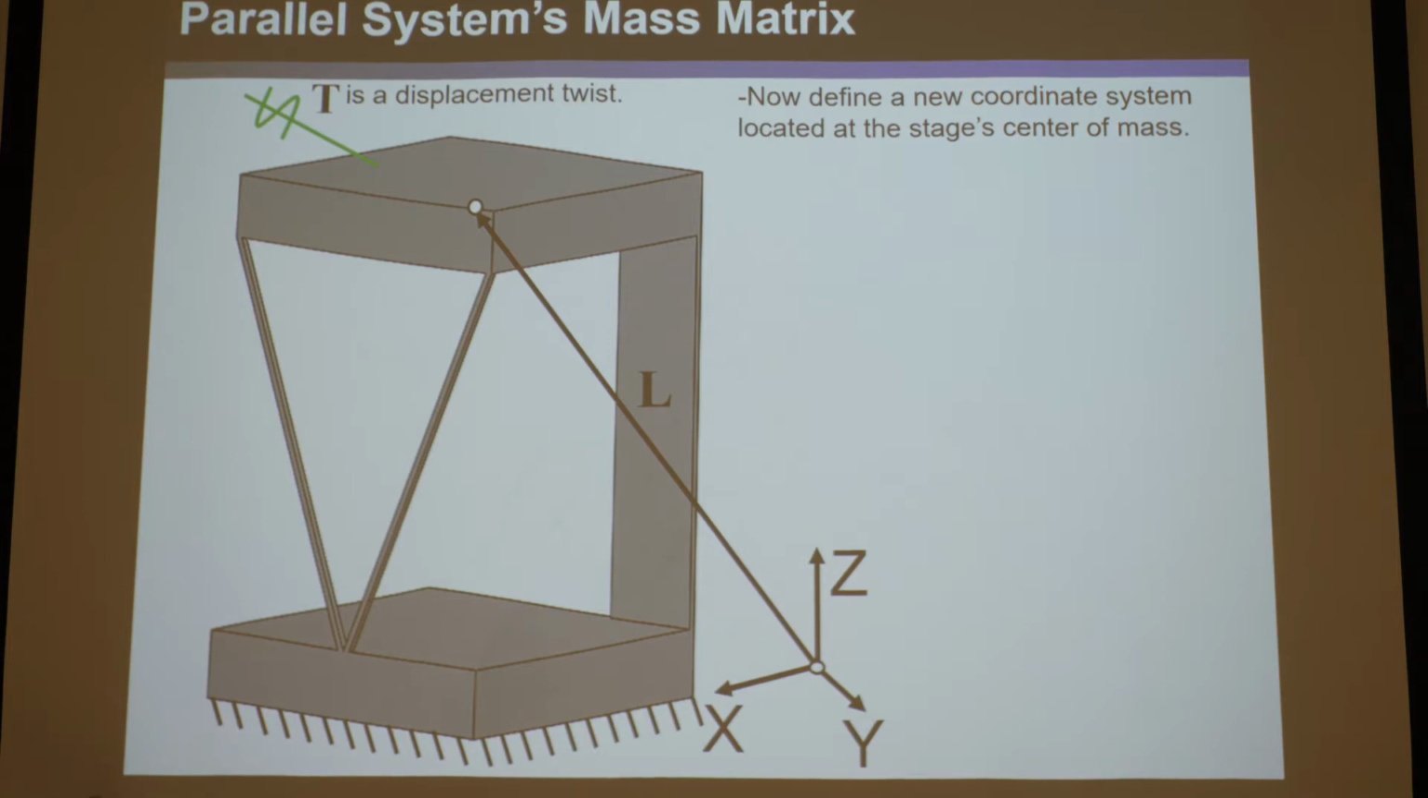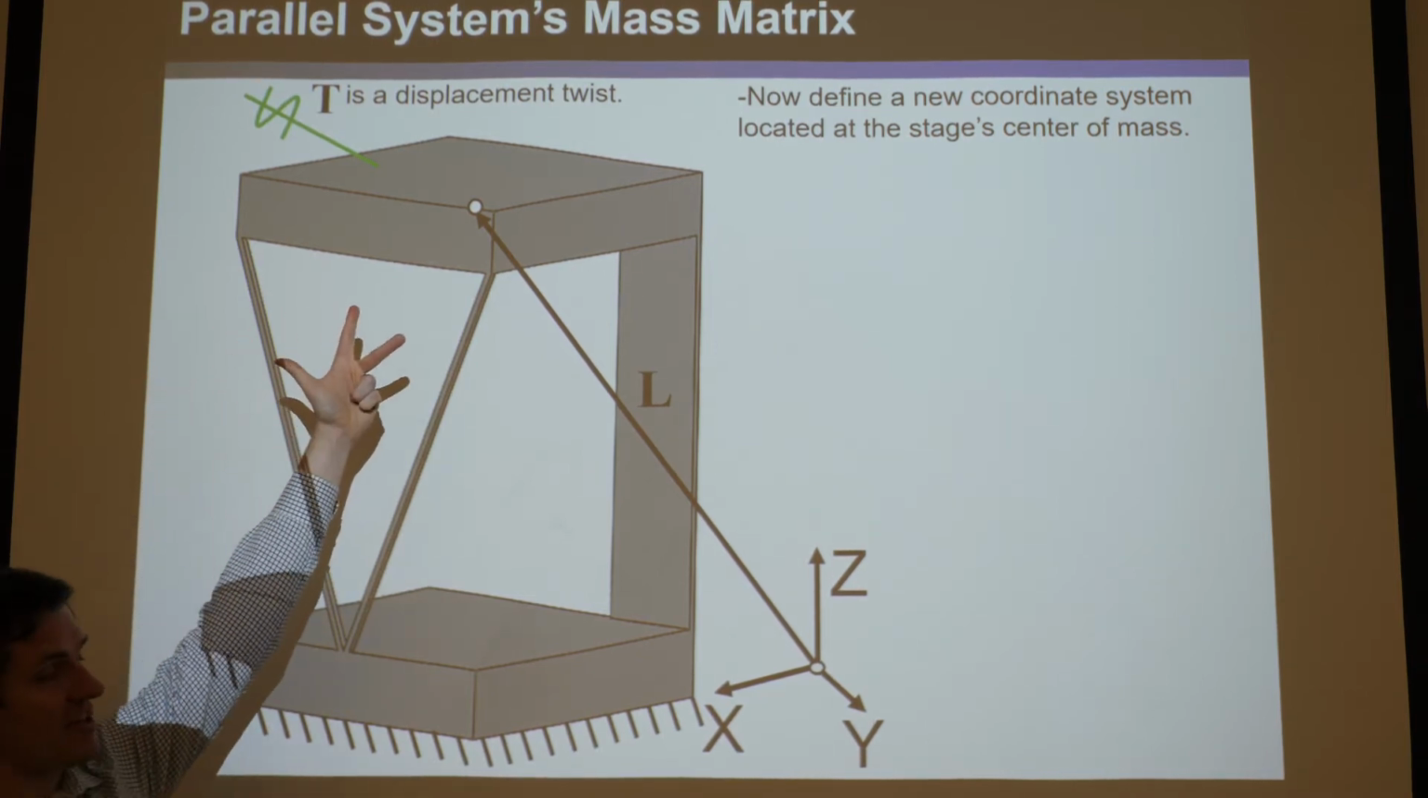I'll teach you a principle. I'm not going to go too deep into it because it's actually fairly complicated and beyond the scope of this, and you don't need to understand it all to do simple stages. But you could pick any point of a stage or a body, give it a coordinate system,